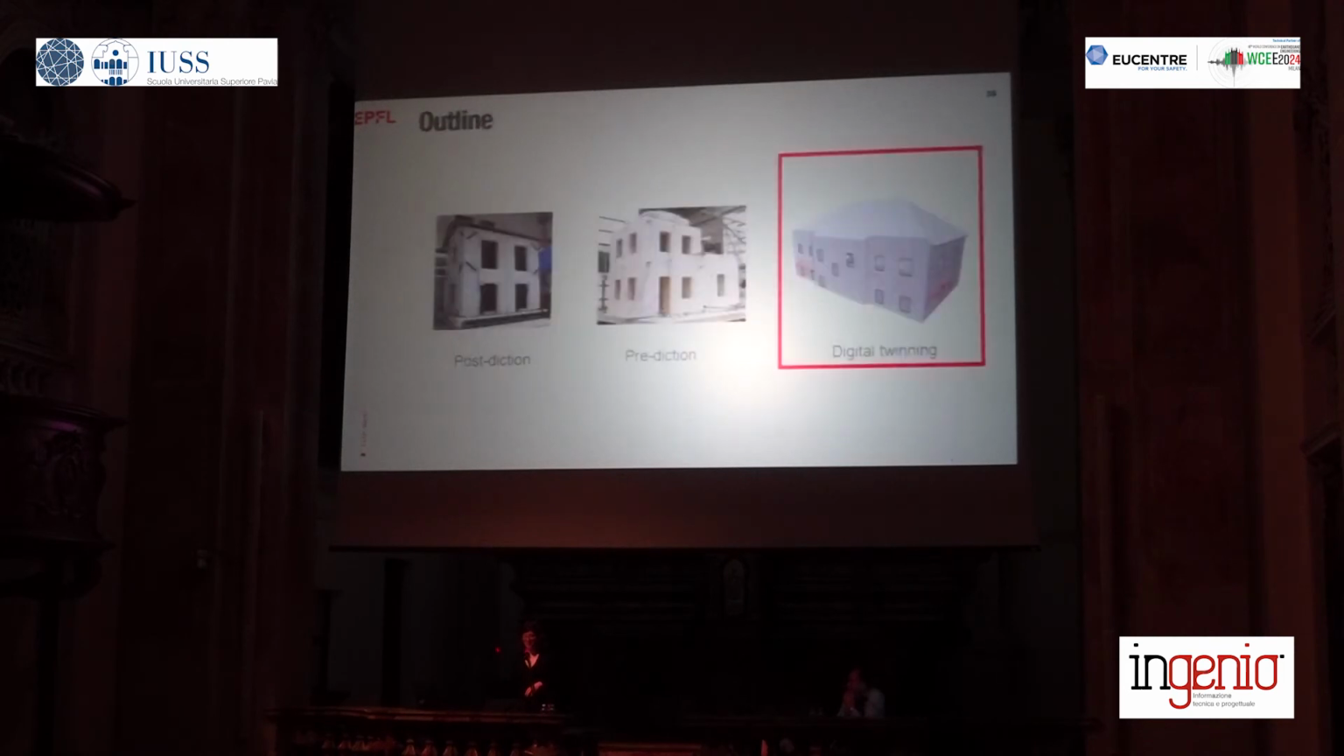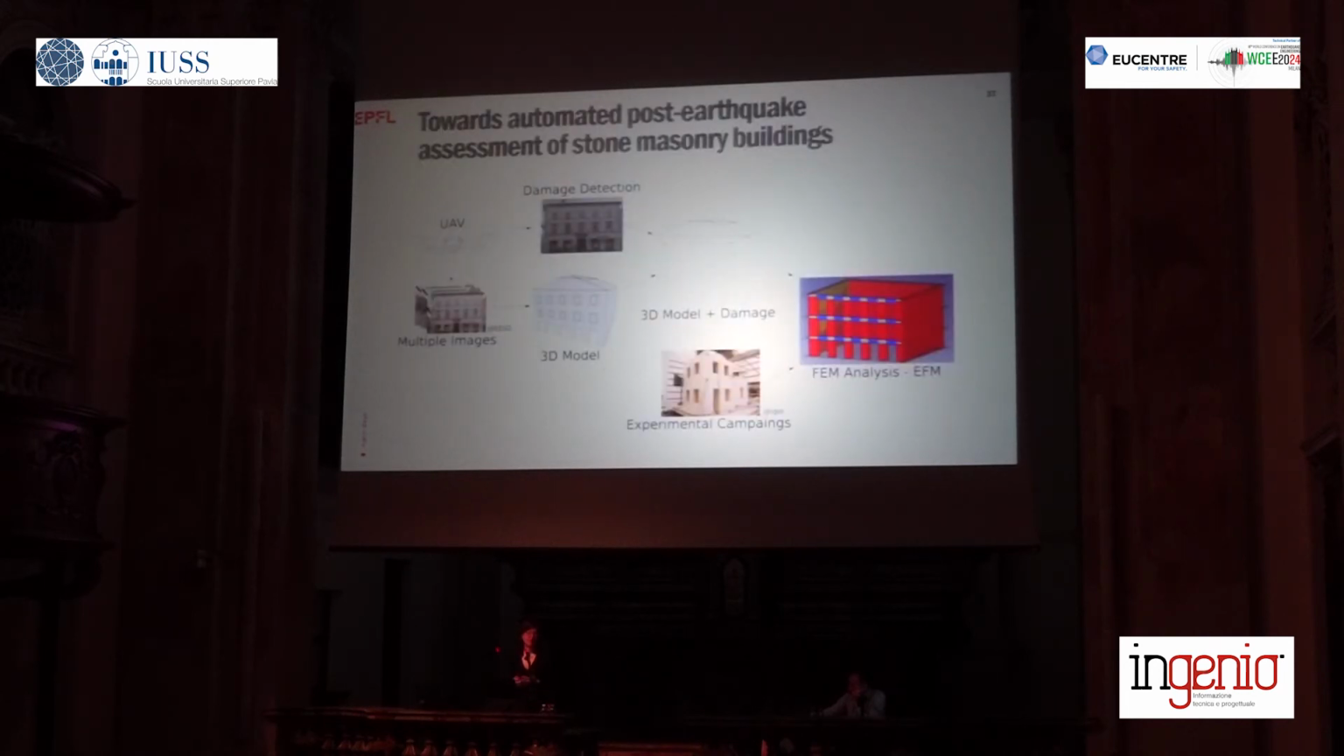Now I just want to come to my very last part. That's really just a snapshot of what we are also doing with regard to equivalent frame model spaces, so the whole pre-part of how to arrive at an equivalent frame model, and in particular how to arrive as much as possible in an automatic way at an equivalent frame model. Here the idea is to build up an image-based post-earthquake assessment pipeline where we can take images